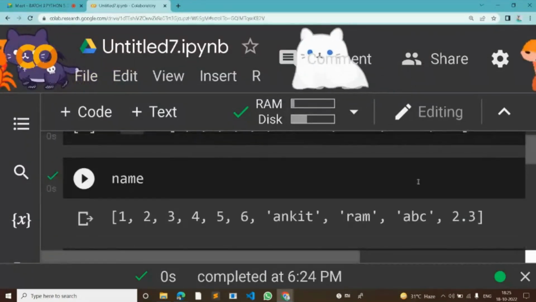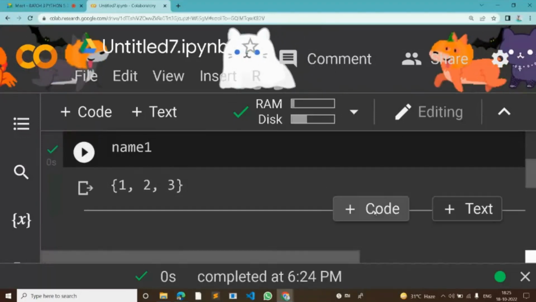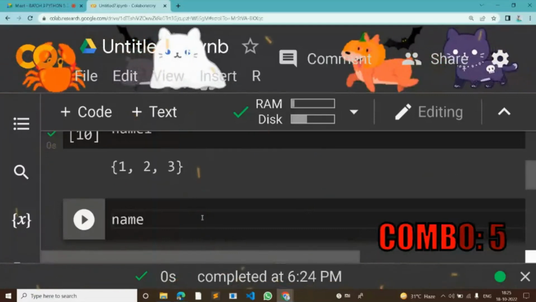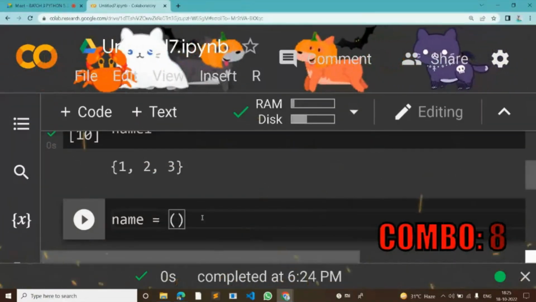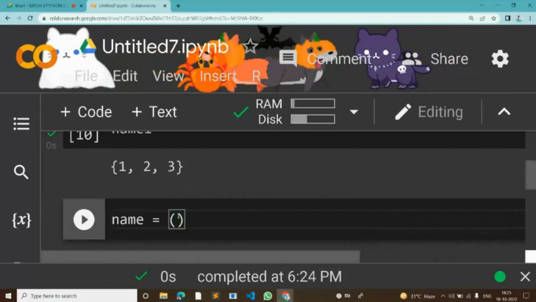So we have learned what is list, what is set, and now what is tuple. For a tuple, we are using a round bracket. In the round bracket, if I